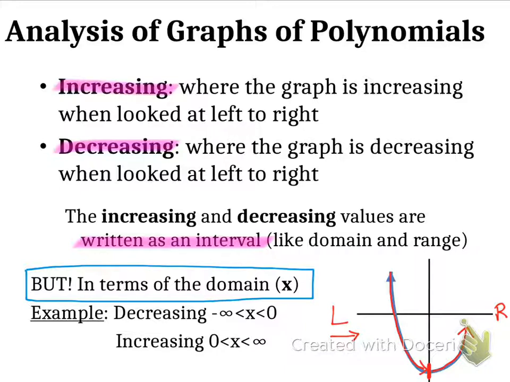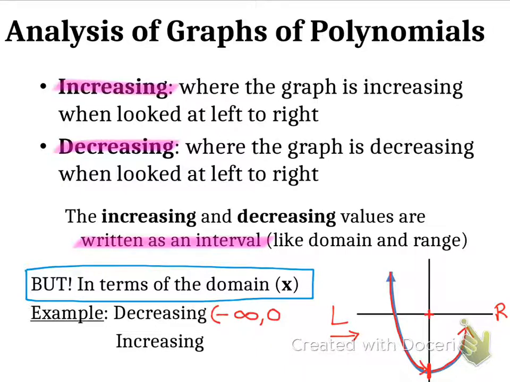So a lot of people want to say, give me this y value down here, but I don't want that. I don't want to know how far down it's decreasing. I just want to know how far it decreased left to right. So if the origin is where it changed down here, then we say it decreased from, I'm going to get rid of this inequality notation, from negative infinity to 0,